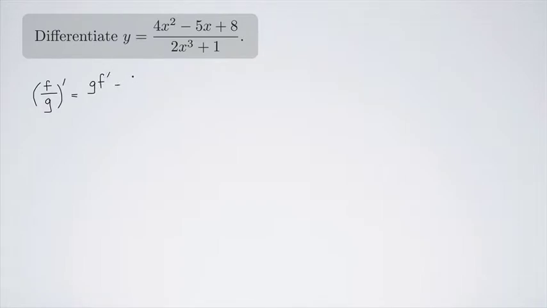g f prime minus f g prime all over g squared. So the prime means take the derivative. And there's a good way to remember this. If you think of this function as high and this function as low, and we want to take the derivative, you can think of this as low d high